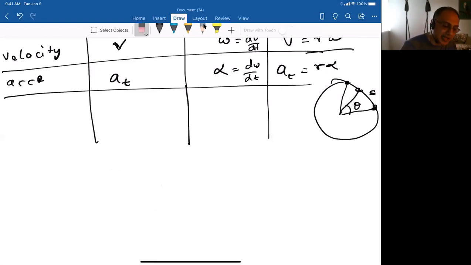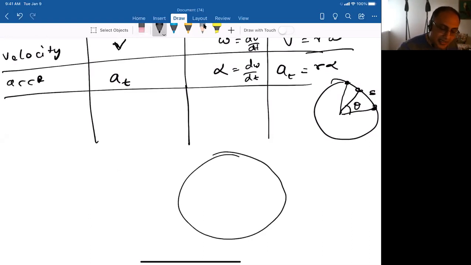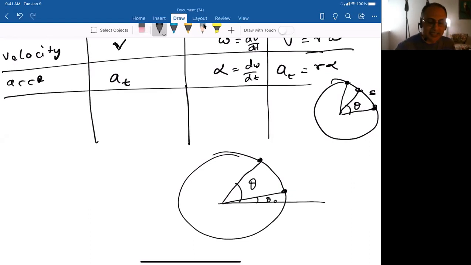So suppose you have a particle that's going around in a circle, and at t equals 0, its initial position is theta naught. At some future time, its final position is theta final. And its initial angular velocity was omega naught. And at some future time, its final angular velocity is omega, right? It's not uniform circular motion, so omega is changing. And maybe it has an angular acceleration alpha, which happens to be constant. So if alpha is constant,